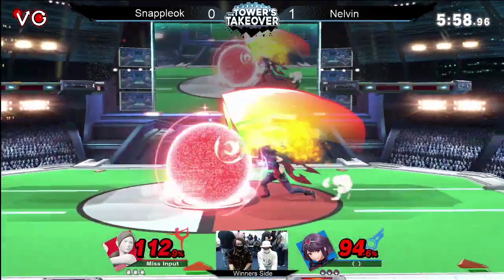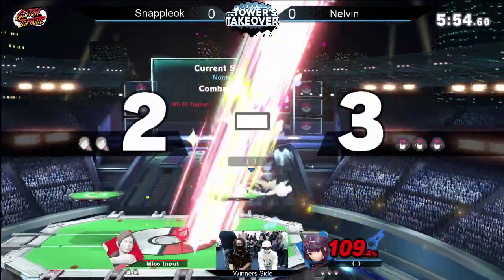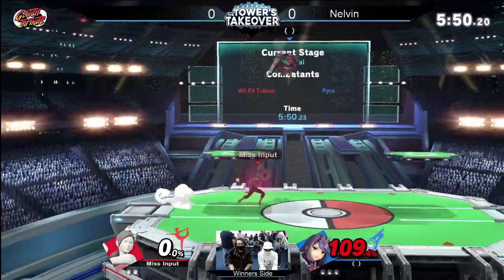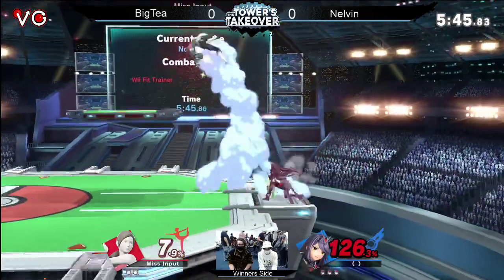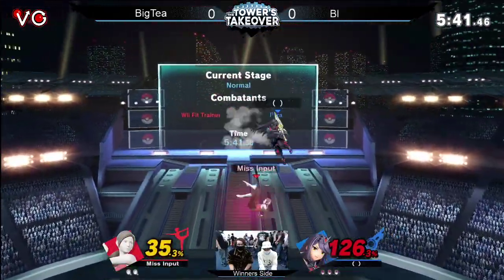All right, so we got the Pyra Mythra versus the Wii Fit Trainer. Pyra Mythra is a new character that picked up Daisy, while BigTea has also actually picked up Daisy to dual main it with Wii Fit. So we see a little bit of the old and a little bit of the new. So far we see